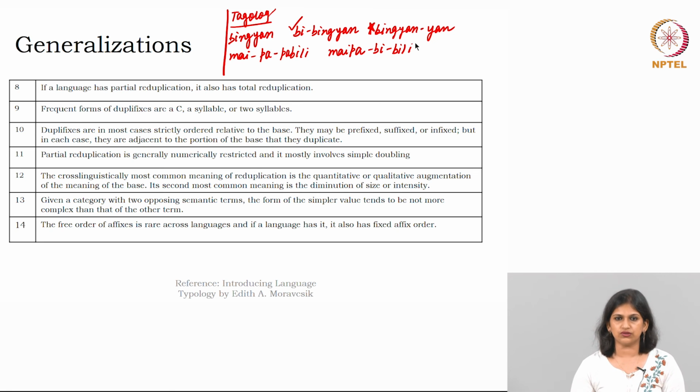And the second most common meaning is the diminution of the size or intensity. Either you are talking about the size of the particular base or the intensity of the particular base, but eventually it boils down to the meaning of the base. Okay. So, how does it work? Let me just give you an idea. When we are trying to understand the semantics of reduplication, in a wide variety of meanings where the reduplication is used,